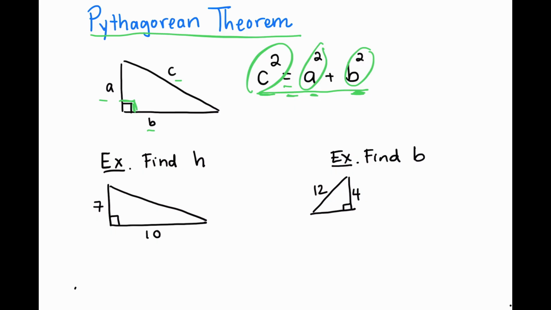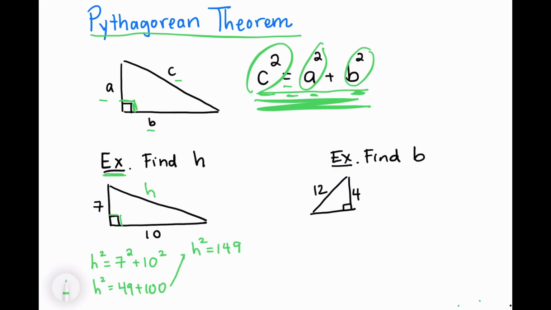So just to do a quick example here, let's suppose I have a right triangle, and we want to find h, where h is just the hypotenuse. So the Pythagorean theorem is just saying that h squared is equal to 7 squared plus 10 squared. So h squared is 49 plus 100. So h squared is 149. And in this case, this tells me that h is equal to the square root of 149, which is about